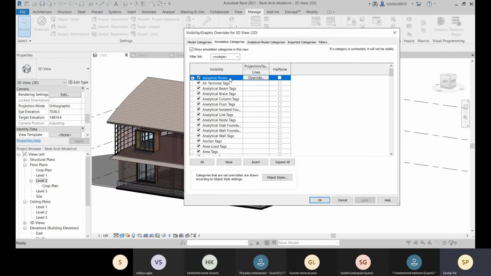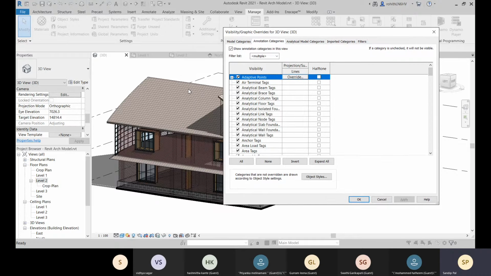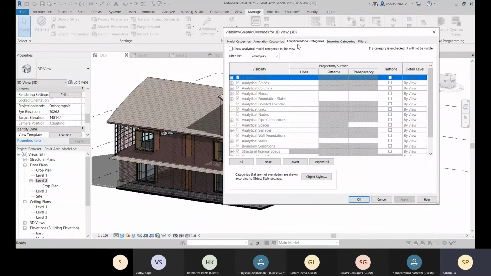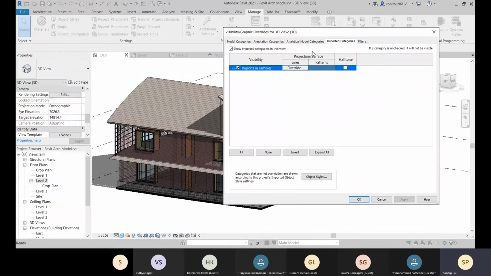Now let's come to annotation categories. If you want to change any visibility for your annotation components, for that you have these annotation categories, and there you have to apply. Okay, you have these tabs. Okay, so anything you have imported.